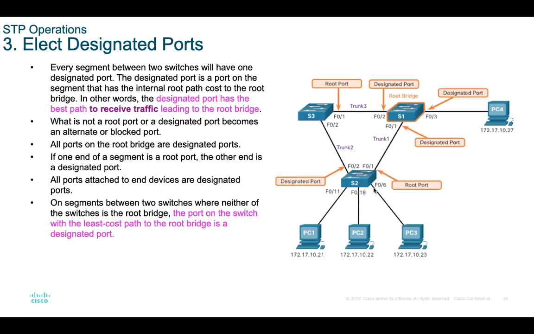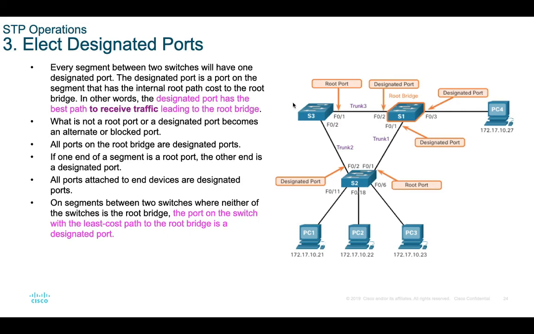So let's say switch 2 is using this link, not this root port here. They push this one as the root port. It's supposed to be G0/2 in here. We become a designated port, a port whose other end is a root port. So this port becomes a designated port.